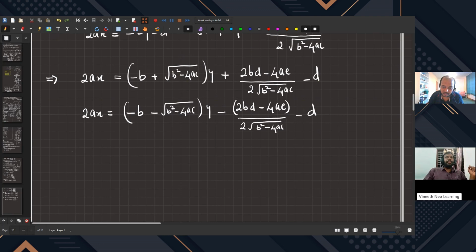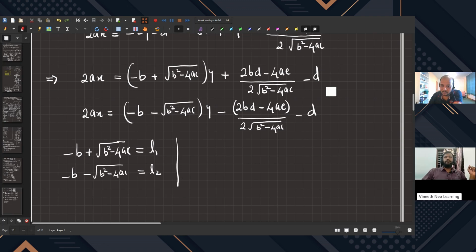And let me name this term minus b plus square root of b squared minus 4ac as L1, and this term minus b minus square root of b squared minus 4ac as L2,